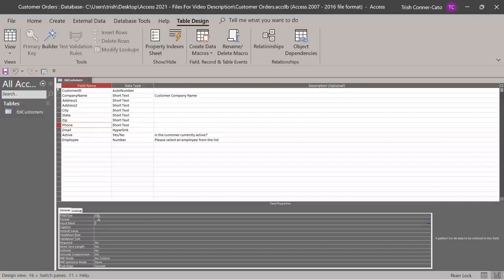You know, sometimes people put the area code in parentheses. Sometimes they don't, and they put a dash between the area code and the first 3 numbers. Again, we want consistency in our database. So when you use an input mask, the end user only types in the raw numbers and Access will apply